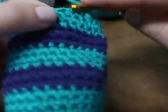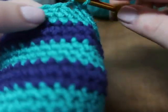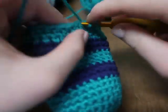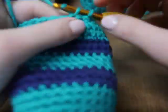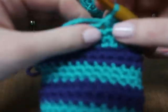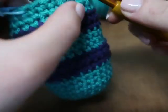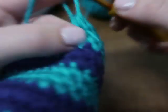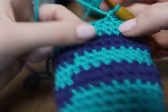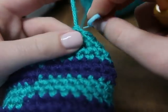Single crochet 2 and then single crochet 2 together. Single crochet into the next 2, single crochet 2 together, and then single crochet 2 together. And then that is the end of round 20, and round 21 is a single crochet and then single crochet